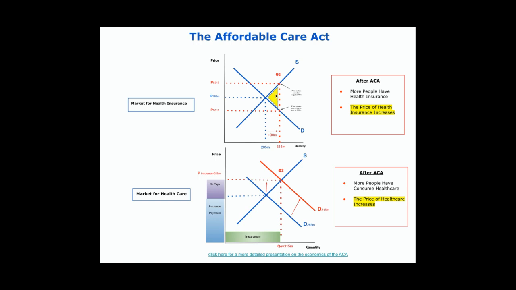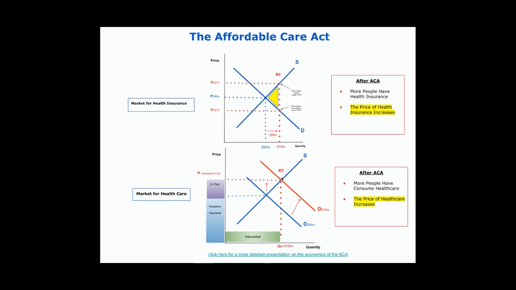The individual mandate was eventually eliminated. It was largely unworkable for lots of different reasons, but it eventually was eliminated, and so now this gap here is made up by subsidies. Taxpayers pay for this ultimately, and that's how we have more people insured. Now, what happens in the health insurance market? Well, when we're providing subsidies, that's an increase in income to the people. We know that when there's an increase in income, the demand curve will shift out, and we'll be at a point where we have a greater amount of people being covered, and we have higher prices in the market